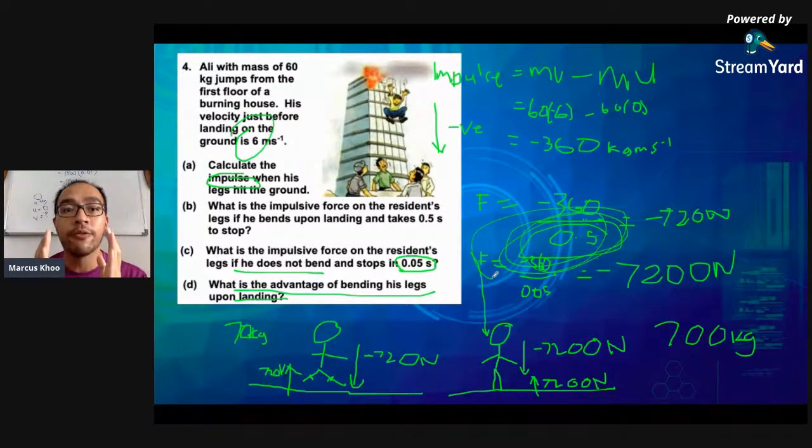Remember, a smaller time of impact, 0.05 seconds, is going to give you a much bigger impulsive force. It's not good for you in this case. A bigger time of impact is going to give you a smaller impulsive force, which in this situation is good. So I want you to think of our time of impact as very short. Both are very short, tapi sekarang dia punya perbezaan is in the decimal places. We're not talking 10 seconds and 20 seconds of time of impact. This is too long already. Nobody crashes into a car for 20 seconds, please. More like 0.002 seconds. That one is a crash.